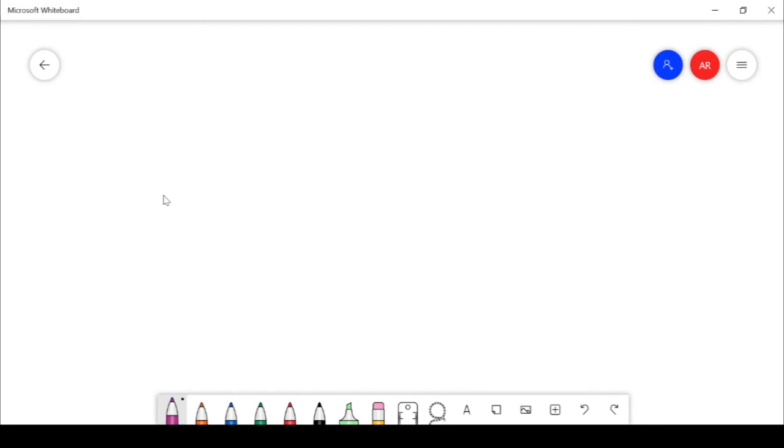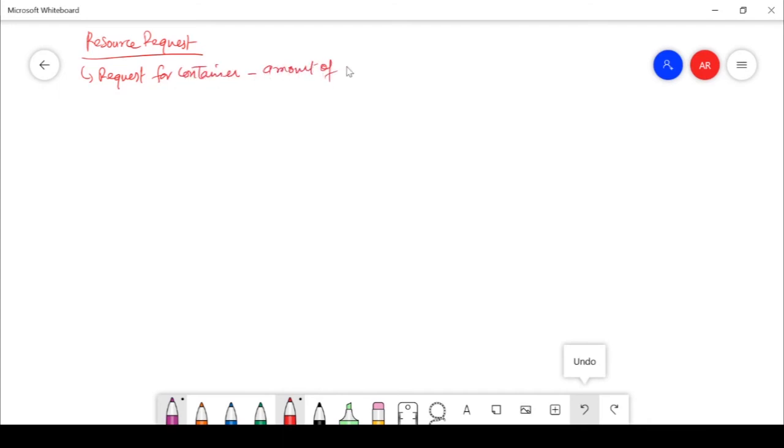So now let's highlight a few of the points. Just let me know about the resource request. So you can say request for container. I'm just elaborating some of the things which we have discussed. So if I say request for container, I mean to say the amount of compute resources, or you can say computer resources. Compute is also a good term. So compute resources, and locality constraint we put normally. So I hope you understand this point.